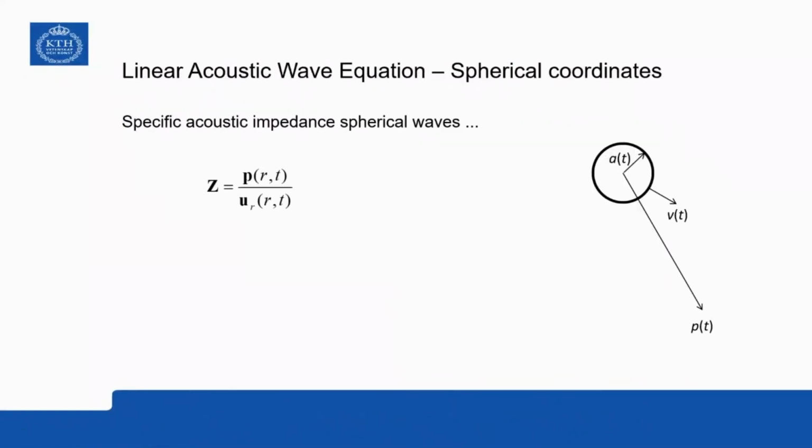Now, as you know from before, we can introduce specific acoustic impedance as the ratio of the sound pressure and the particle velocity. And if you remember, for the plane wave, this ratio was rho c, the density times the sound speed. And for a spherical wave, this expression will be this. As you can see here we have rho c,